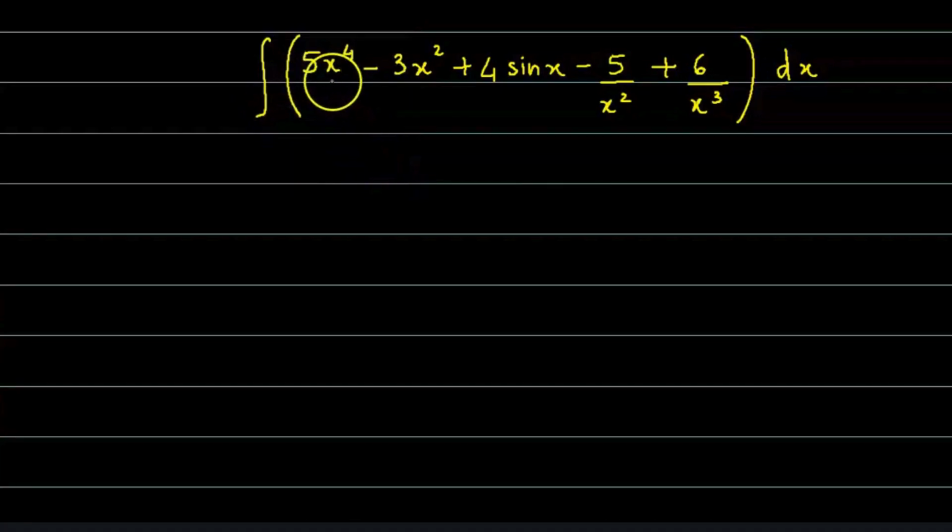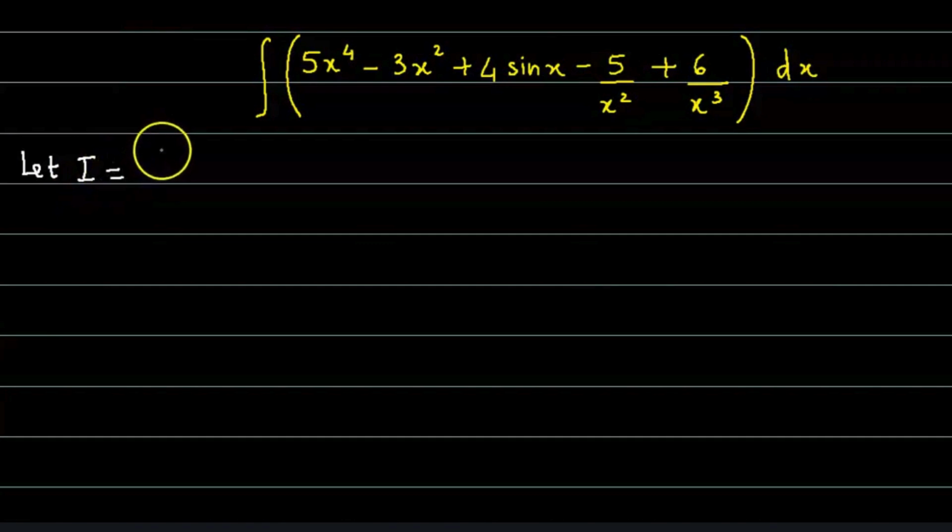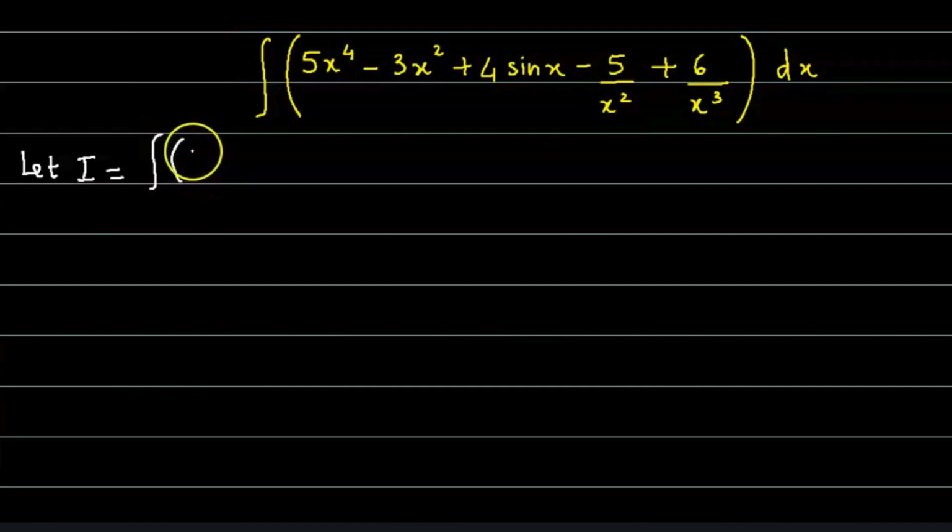Integrate 5x raised to 4 minus 3x square plus 4 times sin x minus 5 upon x square plus 6 upon x cube with respect to x. So let us name this integral as I. So let I be equal to integration of, the first term is 5 times x raised to 4 minus 3